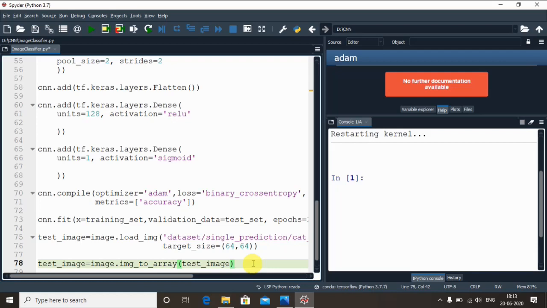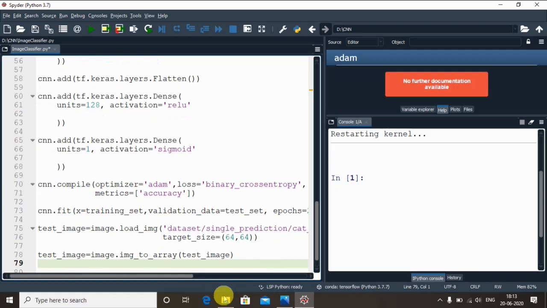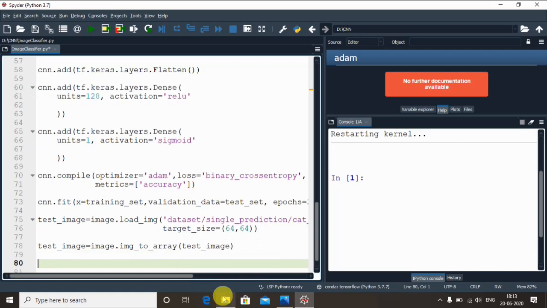Even if we're going to have one image in a batch, it needs to be in the batch, right? So now we just add an extra dimension, which will correspond to the batch and which will contain that image in the batch. Just for that purpose, I call a new function called expand_dims from the NumPy package. Okay, so this is the way I do it. I create the same variable, I just need to update it, that's all.